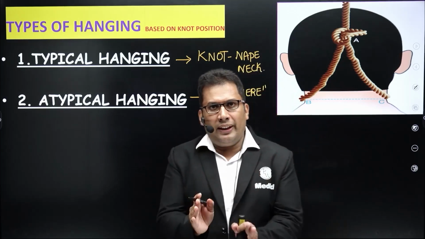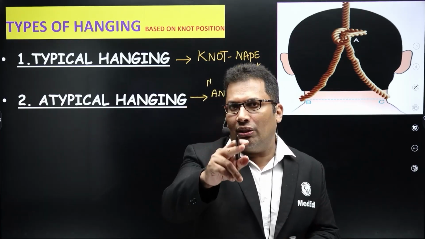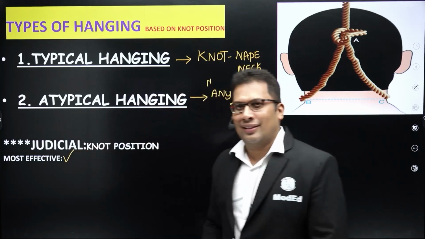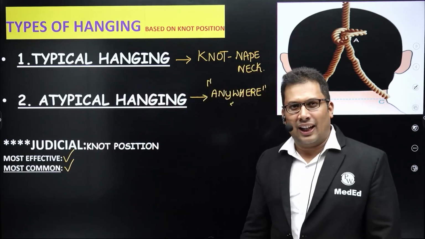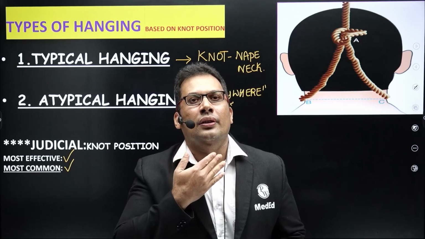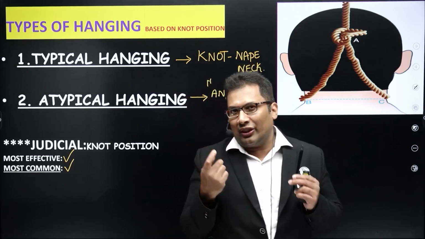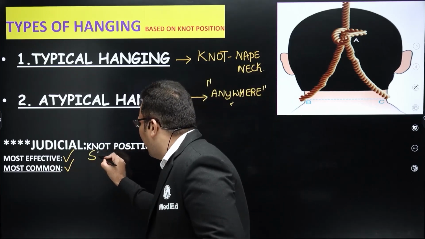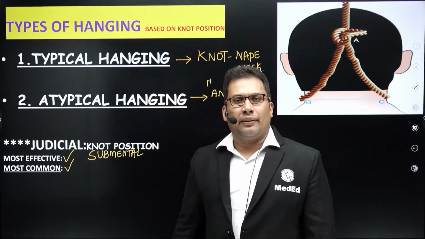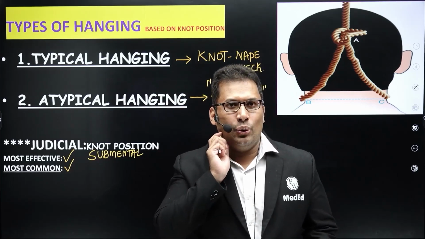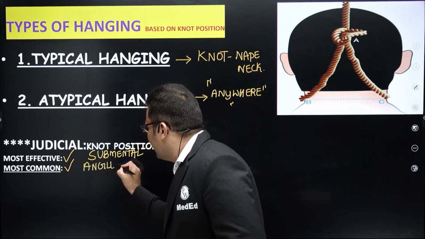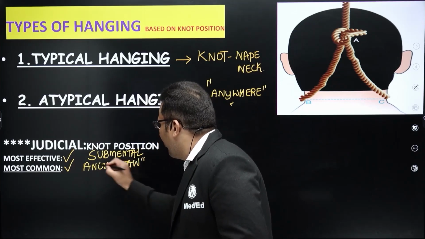But here there is one very commonly asked MCQ. What is the knot position in judicial hanging? The question asked in your exam: what is the most effective position, and what is the most common position of the knot? Can you guess? The most effective position is submental, below the chin. So let me write submental. The most common is the angle of the mandible, usually the right angle of the mandible. So most common is the angle of the jaw. So once again I'll repeat,